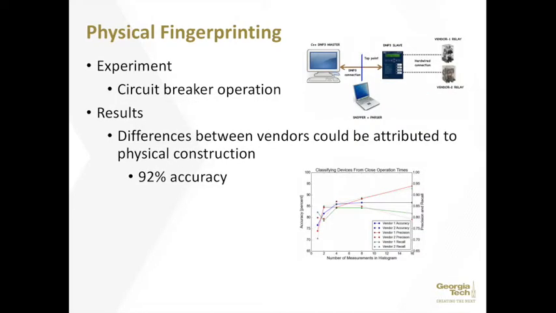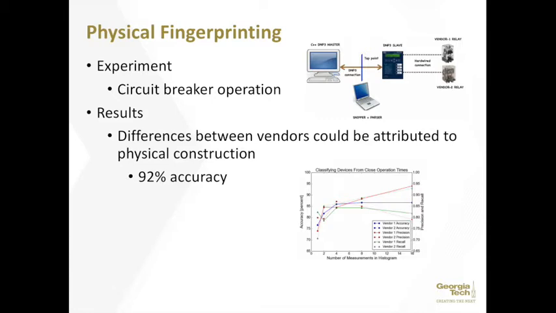So the experiment was carried out through a circuit breaker operation, kind of testing the response times between opening and closing the circuit breaker. Unfortunately, the unsolicited response method did not produce any reusable results, so the SARE method is kind of like the only thing that brought back usable results for this experiment. For these experiments, about 2,500 open and close commands were issued over the span of a few seconds with 20 seconds between operations. Now, these commands and the responses were then recorded at the tap as well as the timestamps to determine that specific close operation times.